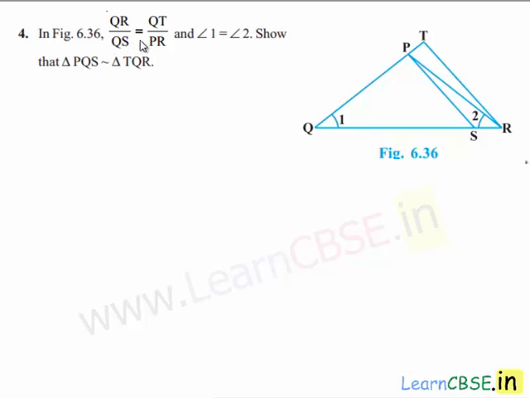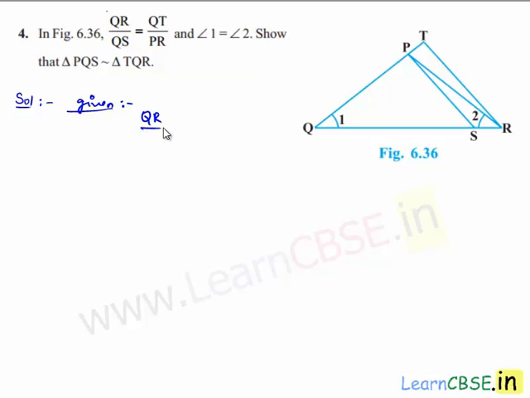In figure 6.36, QR by QS is equal to QT by PR and angle 1 is equal to angle 2. Show that triangle PQS is similar to triangle QTR. Now moving on to the solution. Let us note down the given information, that is